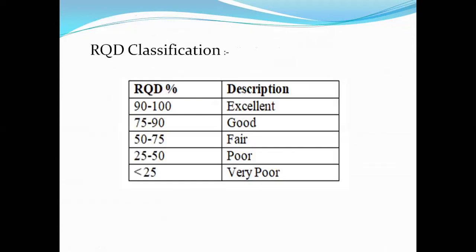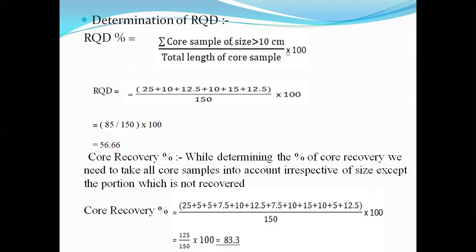Let us see in which category it comes, because we have the classification, right? 56 is nothing but the RQD value is fail. It comes under the category of fail. So that's what it is. Sometimes you are asked to determine the value of RQD percentage and write its classification, or under which category the particular RQD value comes. Generally we might come across that in the examination. So from the examination point of view, you need to remember this and know how to calculate this. Then you can easily write the corresponding comment, that it comes under the category of fail.